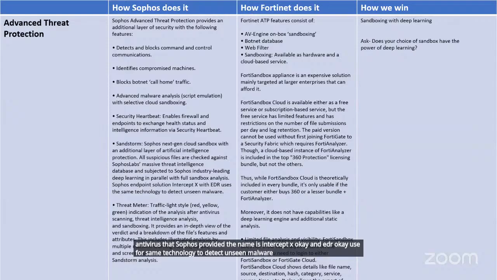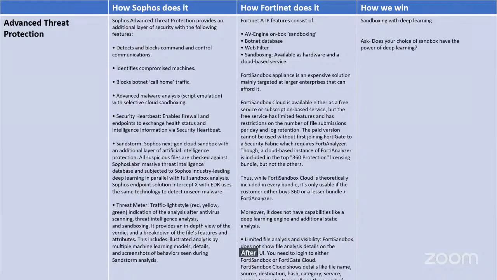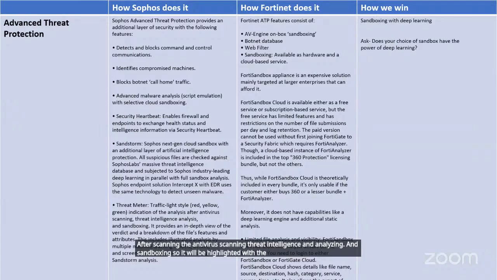So there would be a threat meter. There is a traffic light style, red, yellow, and green indication, to analyze after the antivirus scanning, threat intelligence and analyzing, and sandboxing. So it will be highlighted with the colors. It provides an in-depth view of the verdict and breakdown of the file, features, and attributes. This includes the analysis by multiple machine learning models and details and screenshots of the behavior seen during